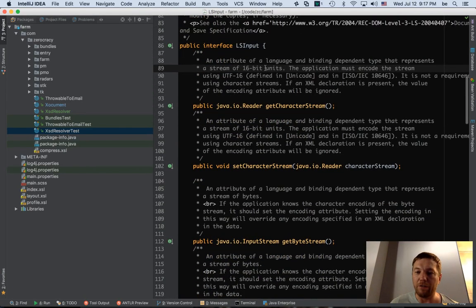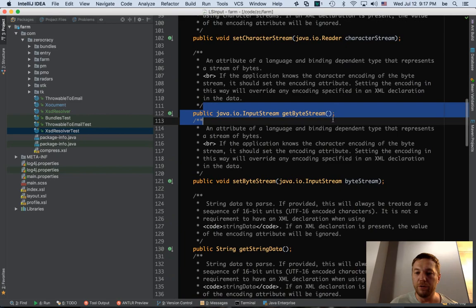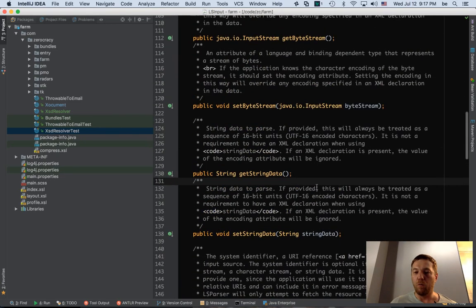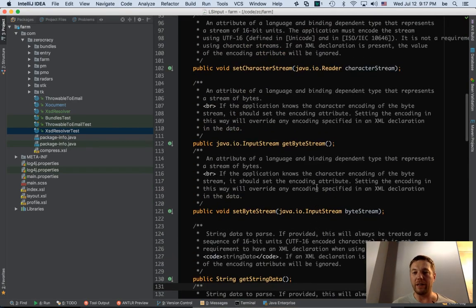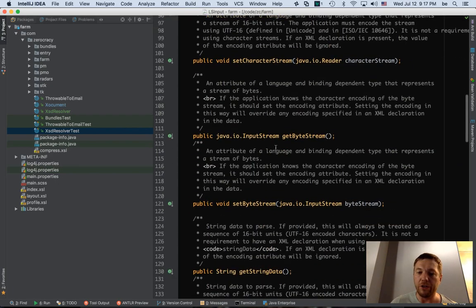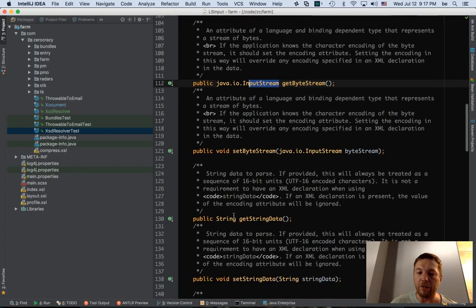They return you an object which has 1, 2, and 3 different methods for how you can read the content from there. So who made that design? I don't know, but that's really wrong. I'm sure you understand why. There has to be just one method. Here they return the reader, here they return the input stream, and then here they return the stream. So obviously that's a completely wrong idea.